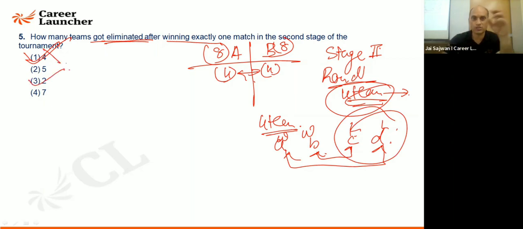Sorry, the first one I was telling was: how many teams are going to play just 1 match in stage 2? I'll say 4 teams played exactly 1 match in stage 2. But the question is, how many teams got eliminated after winning only 1 match? I know 4 teams are going to win in round 1 of stage 2. Out of them, in the next round, they are going to play 2 games. So the ones who lose will be the 2 teams which are going to lose there. Is it fine? So the answer will come out to be 2. I believe it is clear. Have a look at this.